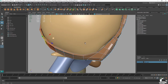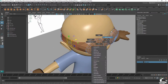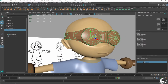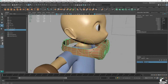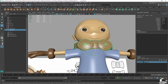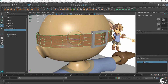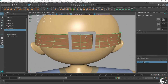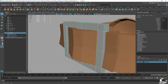And honestly, we're not going to have the goggles on our character. We're just eventually going to take this, and if I center pivot, delete history, move this, it's going to sit on his neck. So we're okay to have it not perfect, because we're not going to have him wearing it in any of the renders. Okay, so last thing here is if we take a look at our buckle,